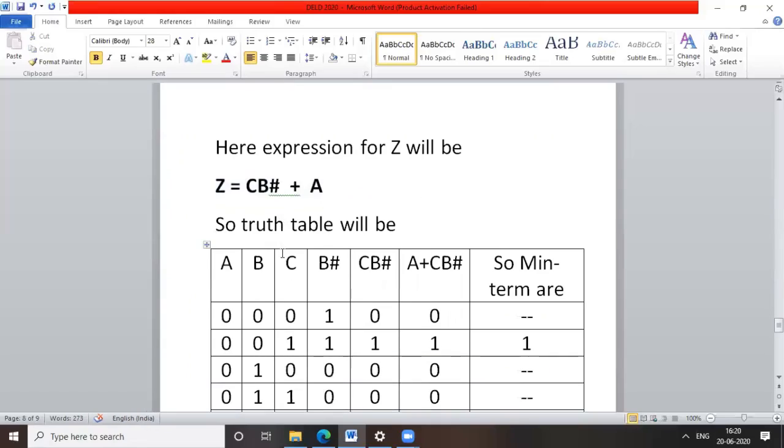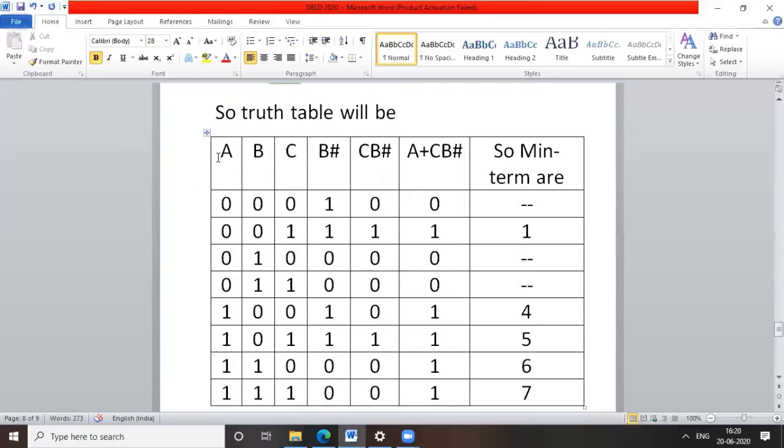Now let's try to design a truth table. In this truth table, we will have 3 input variables A, B, C. Due to these 3 input variables, we will get a total of 8 input combinations. So here I have written the 8 input combinations. First of all, we want B bar, so here I have written B bar. This B bar is obtained from this B. After that, we will calculate C into B bar, so just perform an AND operation between C and B bar. Here I have listed the column C into B bar.